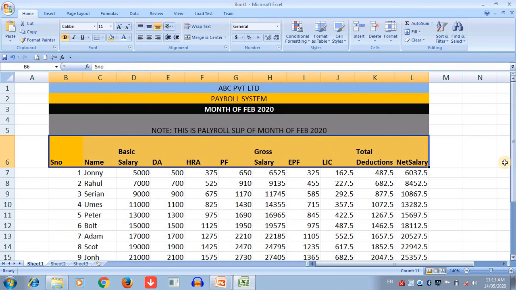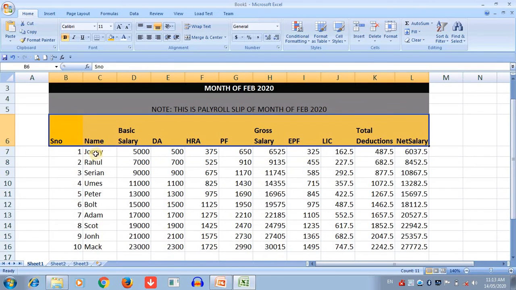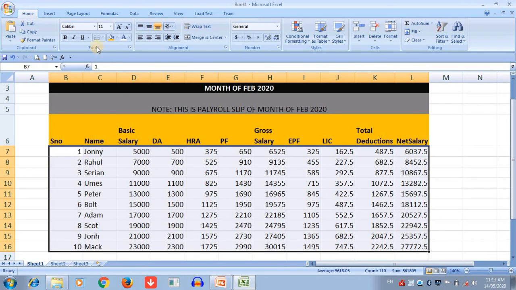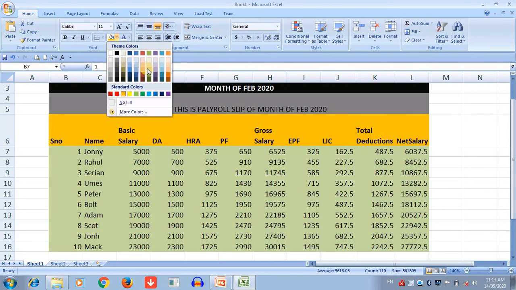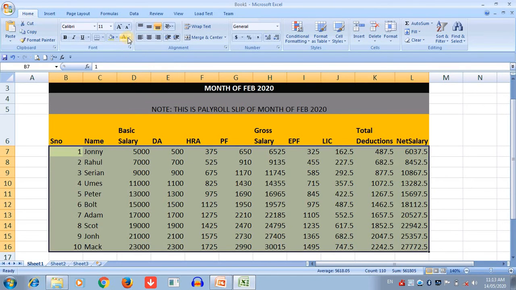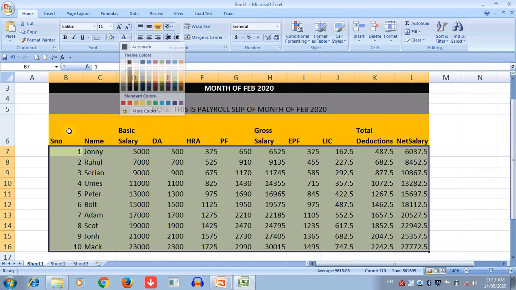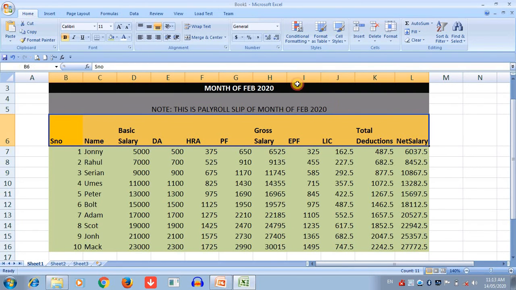Here also you can select all the cells of the 10 employees and choose that, okay, and change the color of the data.